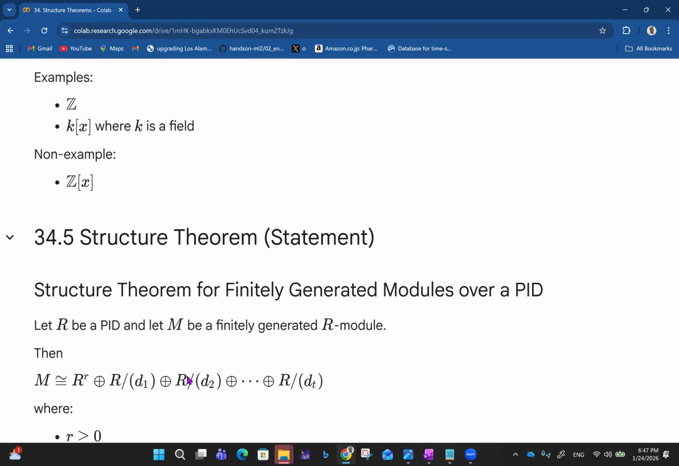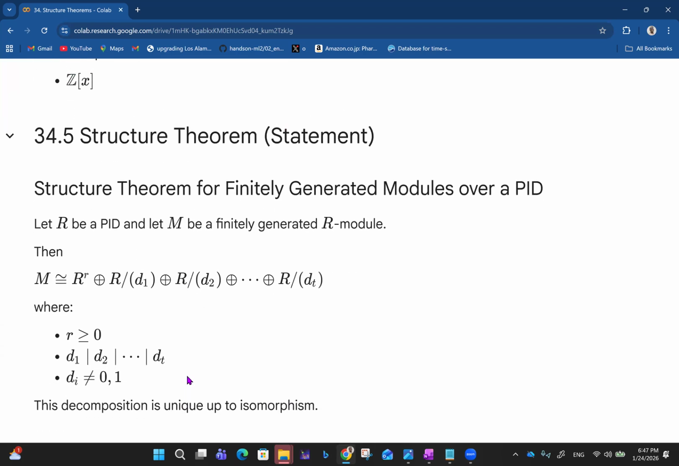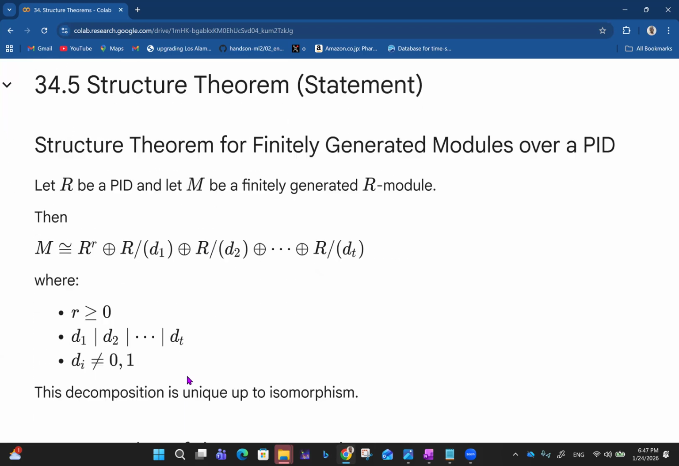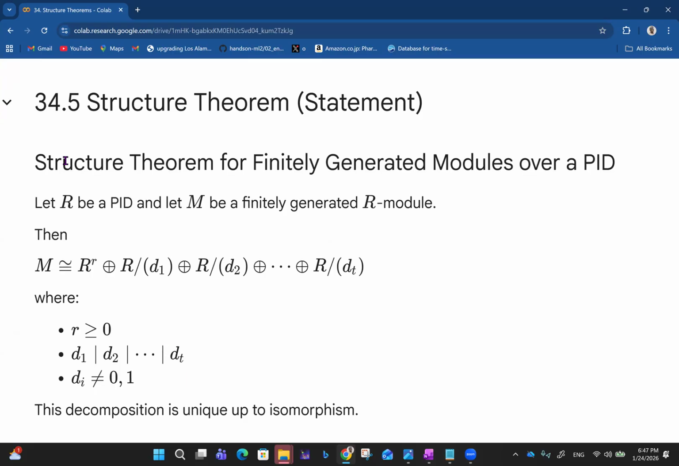Okay. Then we have the structure theorem, which is the main reason why this video has been made. So the statement of the structure theorem for finitely generated modules over a PID: let R be a PID, that's a principal ideal domain, and let M be a finitely generated R-module, right? Then we can say that M is isomorphic to R